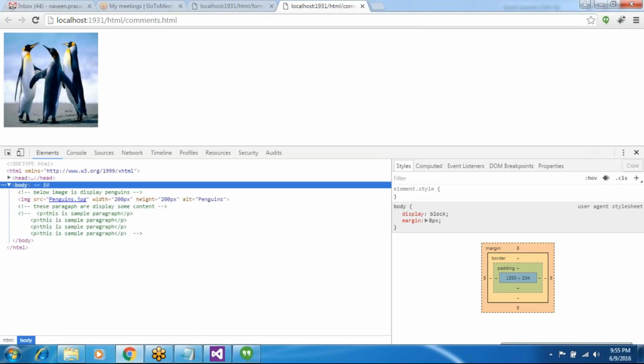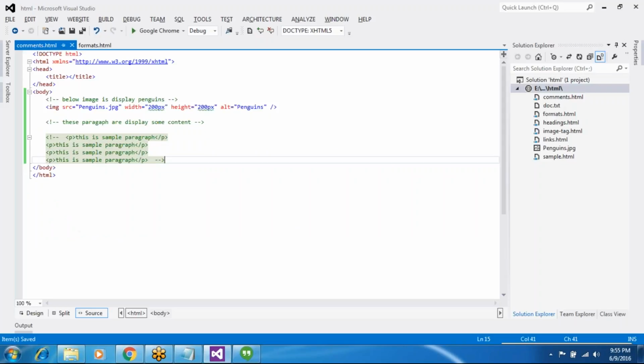Okay, so if you don't want to use some block of code, you can put that code in comments, or if you want to use this block of code, you can remove these comments. So that you can execute these paragraphs also. And this is the comments, and next one is